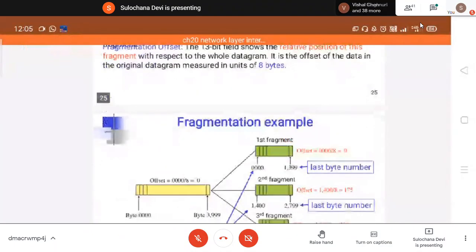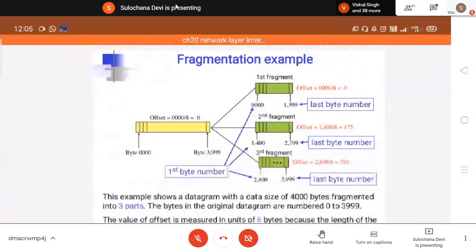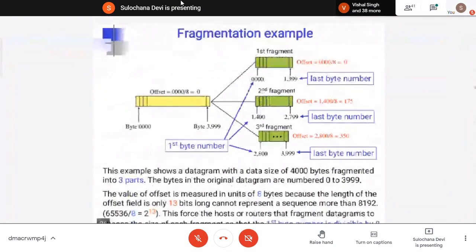See here, in this fragmentation example, we are transmitting 4,000 bytes in one packet. The total data we are transmitting is 4,000 bytes, so we are giving them numbers from byte 0 to byte 3,999.